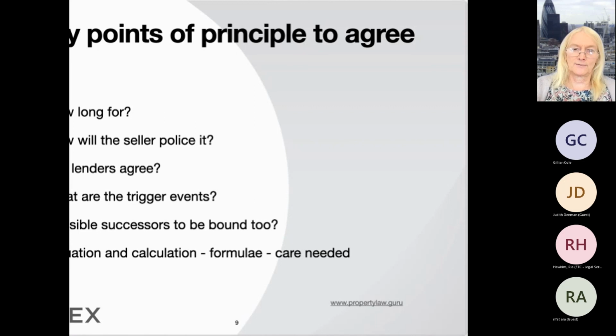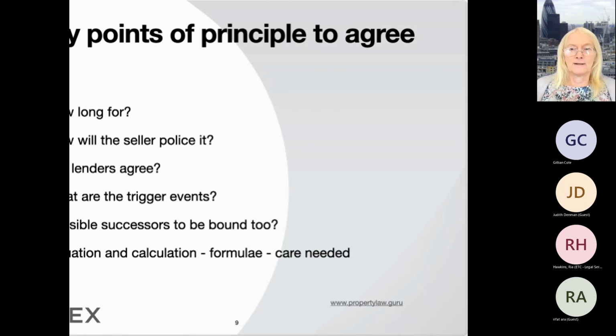He'll want to deduct those incentives because it's cost him money to procure the sale. Is that dealt with? And what about, as I said before, potential successors to the builder or the buyer?